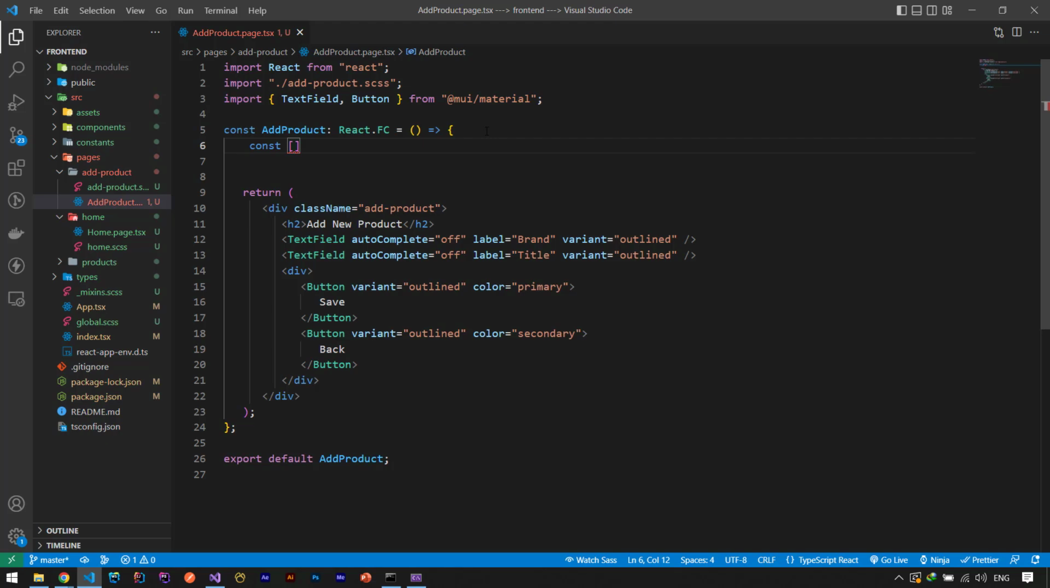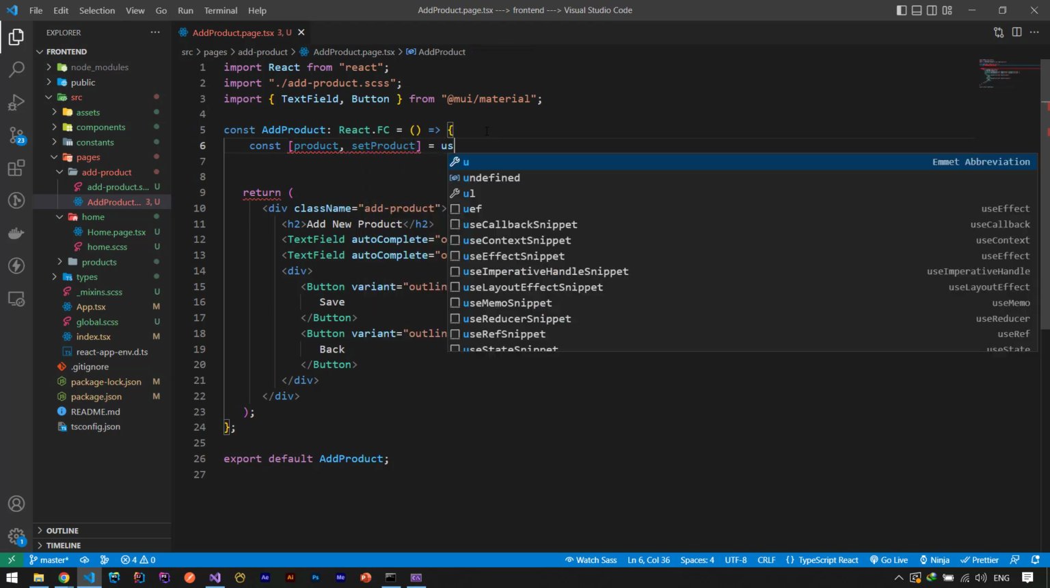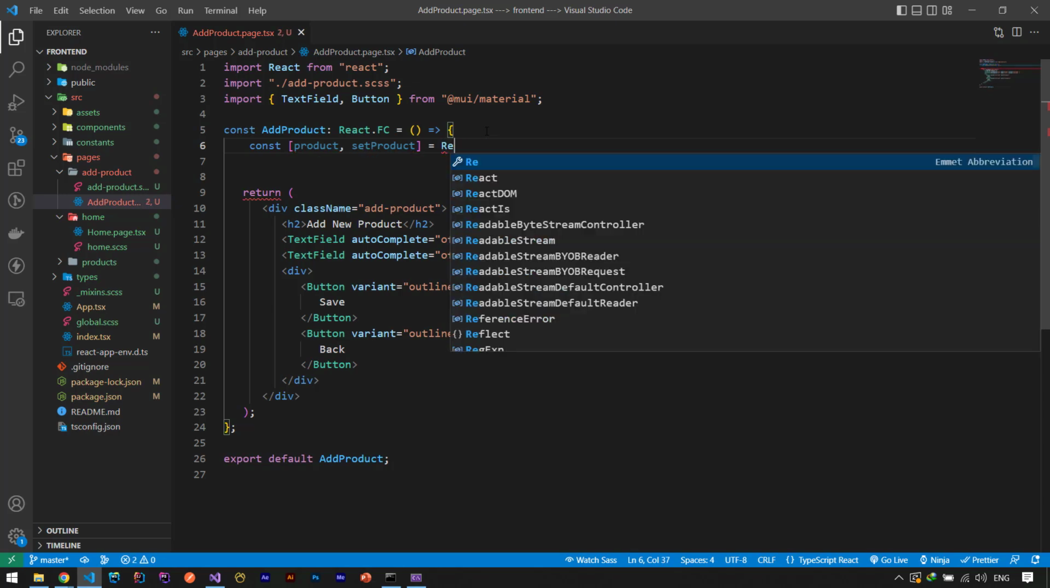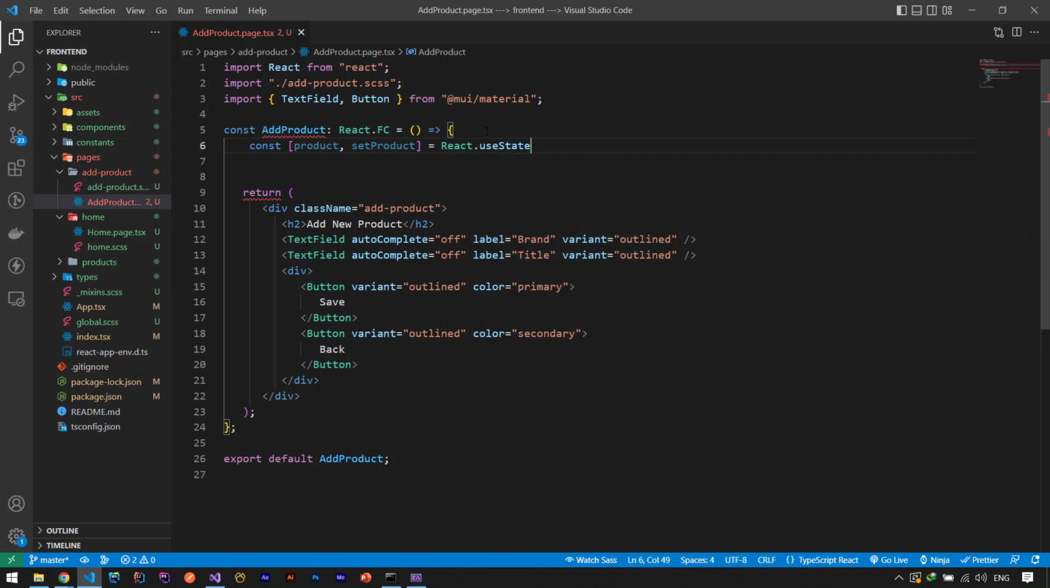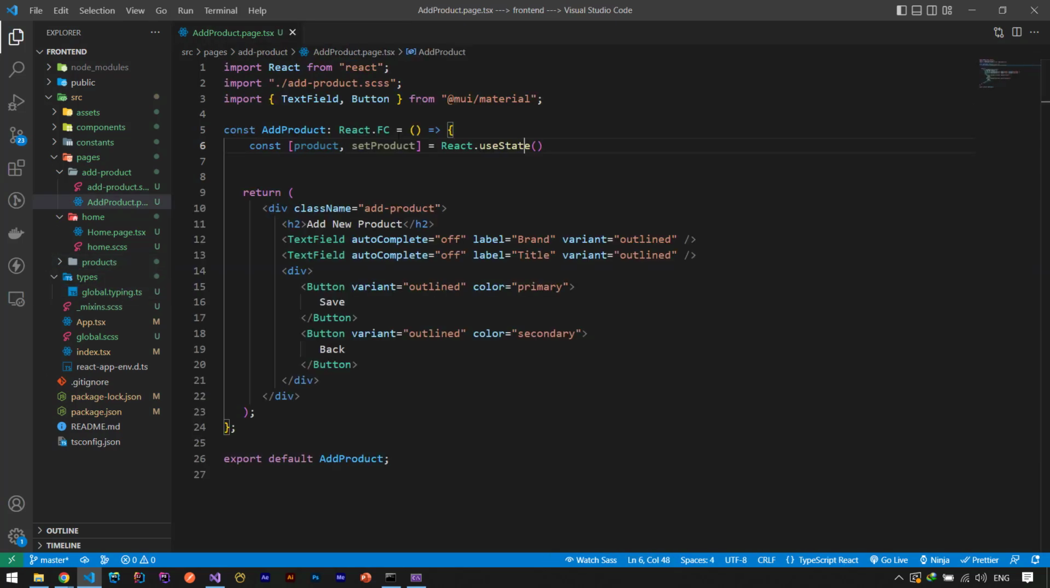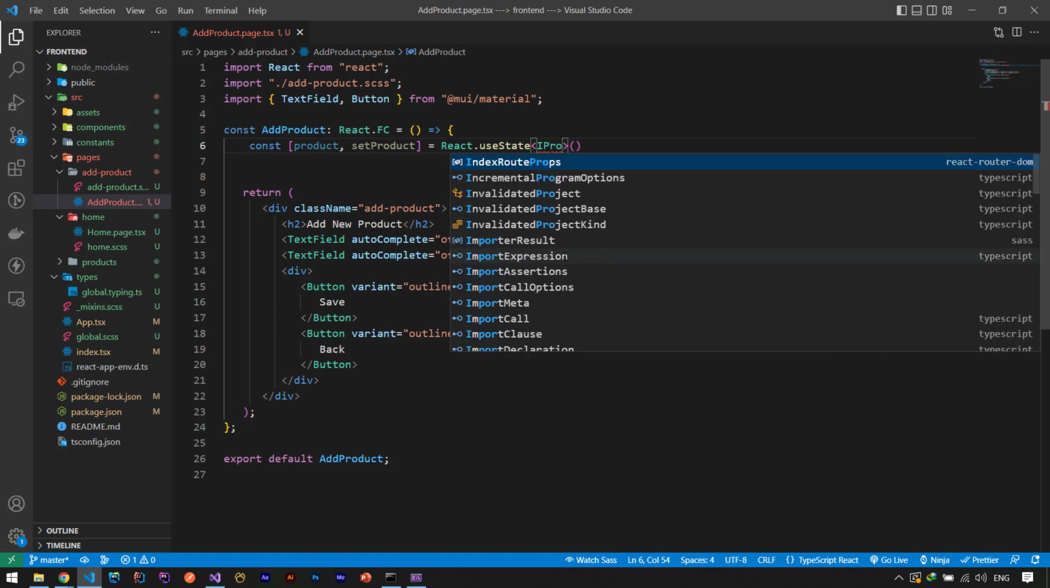You can use different states, but I use just one state for all of them. So I create product and set product equals to a useState. Let's say React.useState, and we need to use just title and brand. Here we have a beautiful thing in TypeScript that can help us a lot, and it is Partial. So instead of an IProduct,